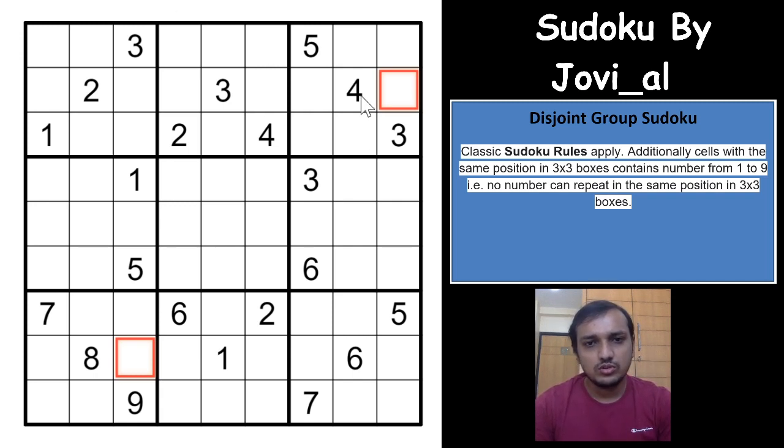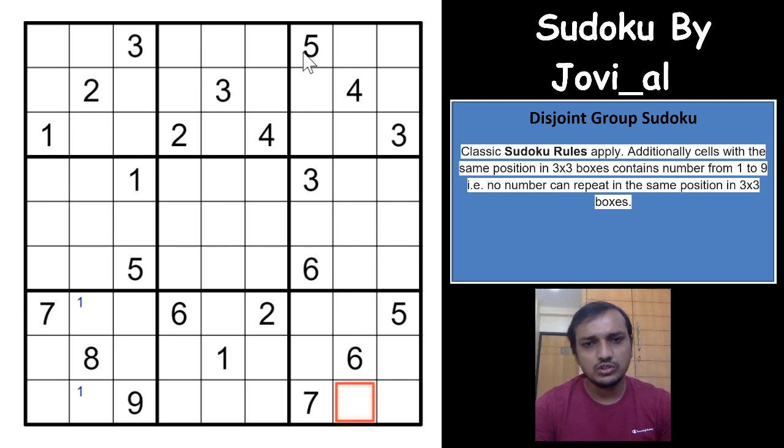I'll first mark with the normal classic rules, using basic techniques. So 1 would have to be in one of these 2 cells, so we can use the corner pencil mark here. But just before writing the corner pencil mark, I'll look at all the places of these same digits and see if there are any 1s in other boxes, right? Okay, nothing much with the 1s here.